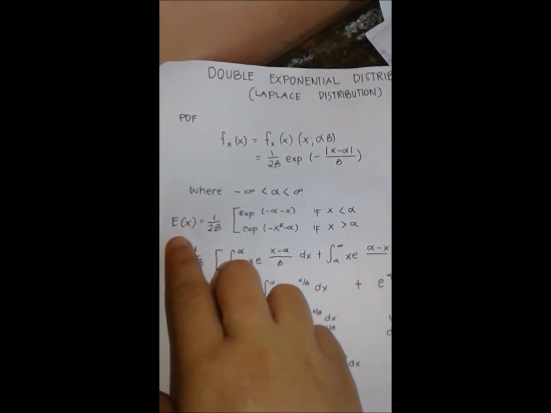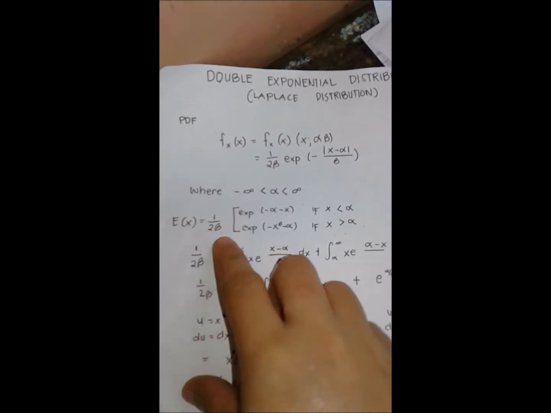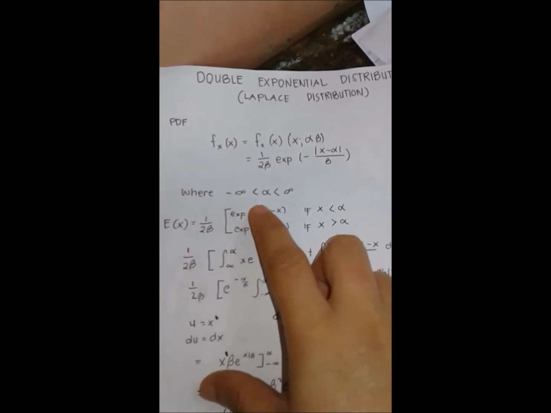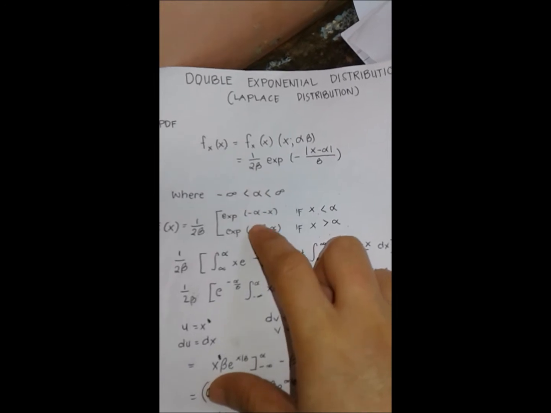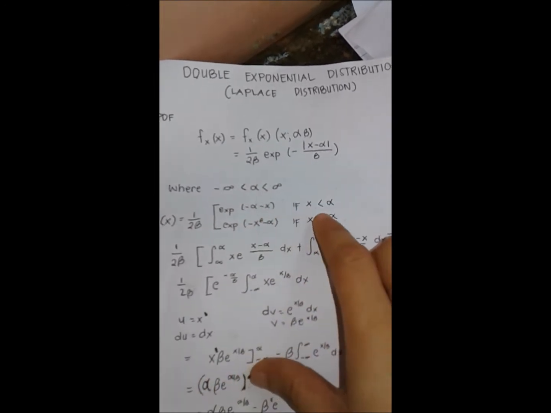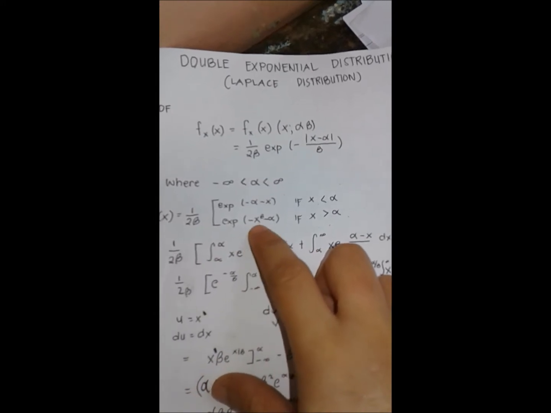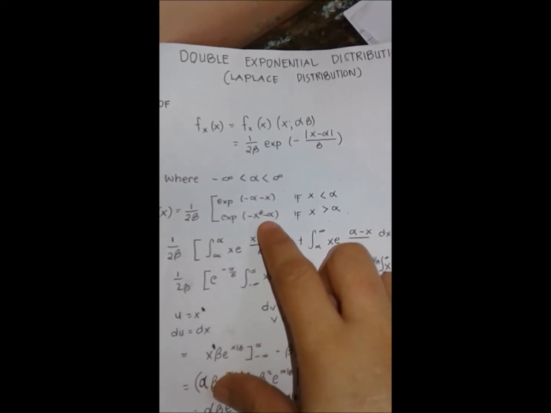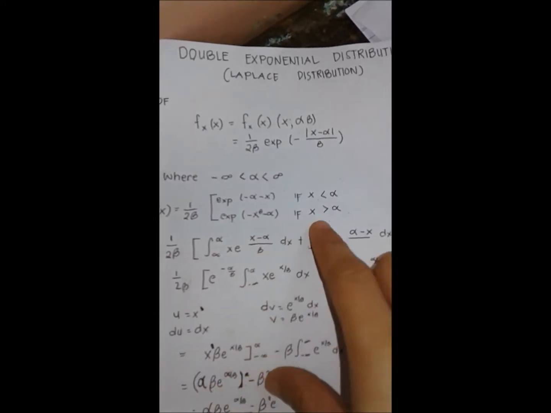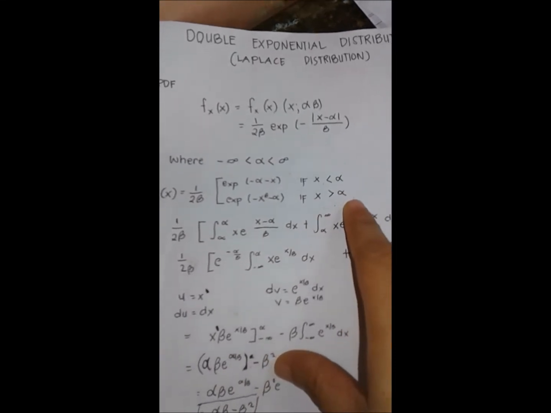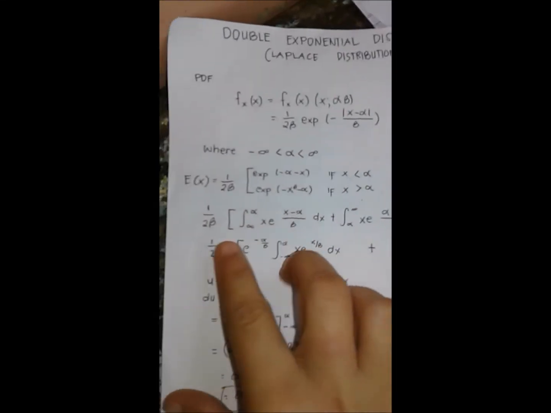So when we want to get the mean, we have 1/2β with e to the power of (x minus α) over β if x is less than α, and e to the power of negative (x minus α) over β if x is greater than α. So given this equation with this equation,